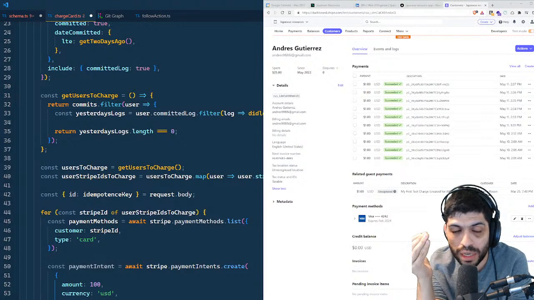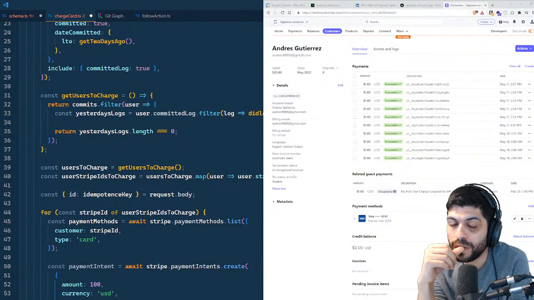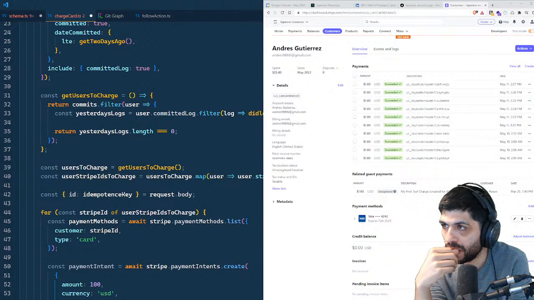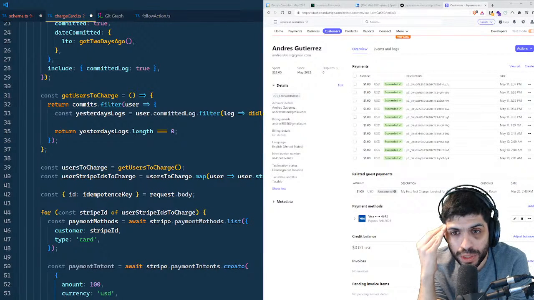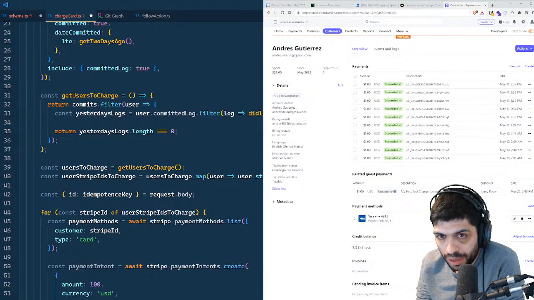So maybe like the first time you run the function, it takes long, and so if it takes long, then I'm not sure exactly how EventBridge works, like how long before it retries, but